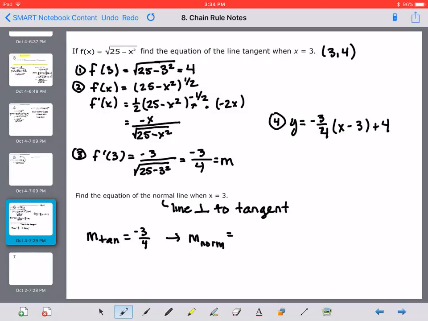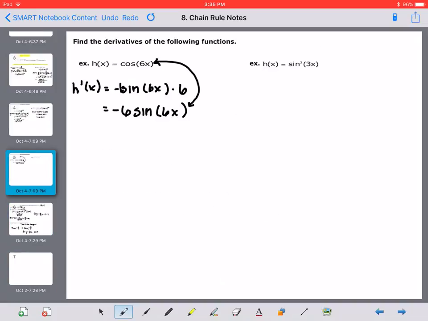We, 1, change the sign, so it's going to be +3/4, and we do the reciprocal. So opposite reciprocal, if we remember that from Algebra 1, Geometry, and Algebra 2. Okay, so now I have the slope, I have a point, the point didn't change, which means all I have to do is actually plug into my step 4, because I already did all the work for this. So y equals slope 4/3 times x minus 3 plus 4. If we were to graph those, they would be our perpendicular lines. Okay, remind me to go over that previous example, that one right there, make sure